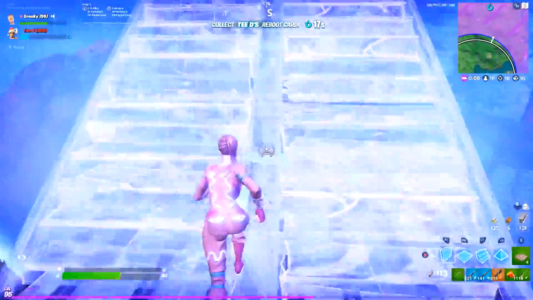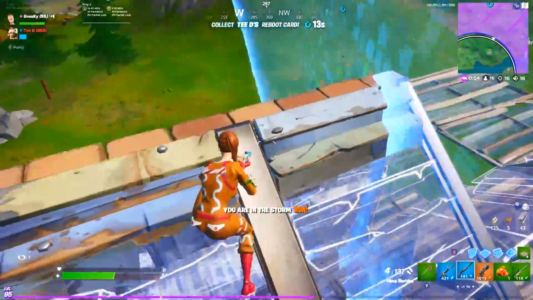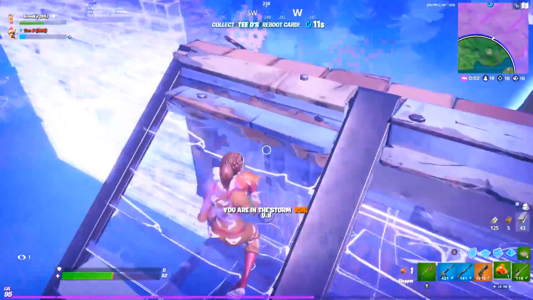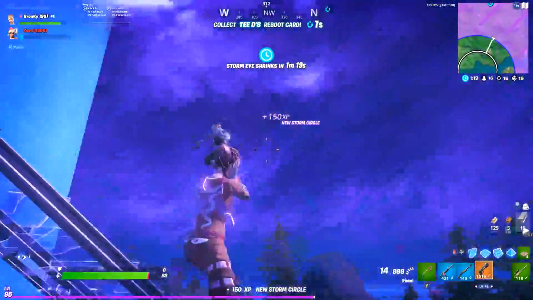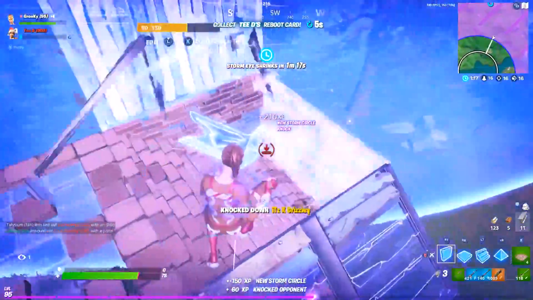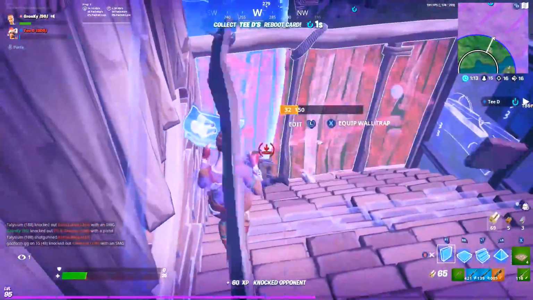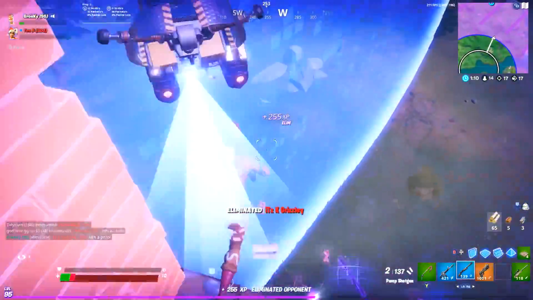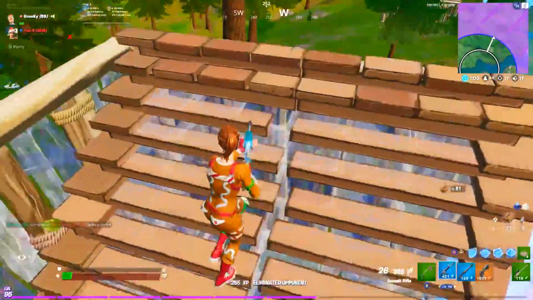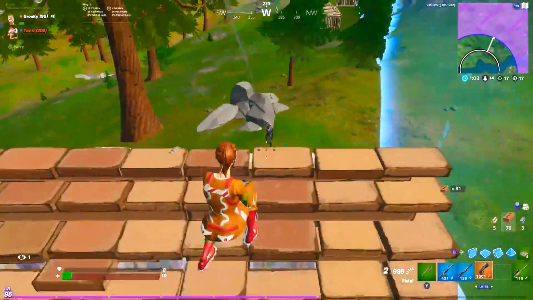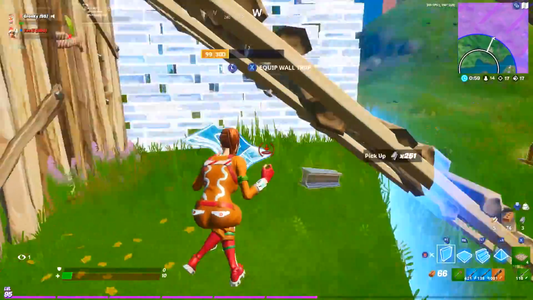But now that linear has that super strong non-ADS auto rotation, when you go to make that quick flick right to left, if there's an enemy anywhere in that path, your sensitivity is pretty much gonna pause halfway through the flick and then resume going normal speed. And I'm sure the majority of you can understand why that's so problematic. And just like LP demonstrated, a lot of the time it's going to result in you clicking edit before you've reached the part of the wall you can actually edit.